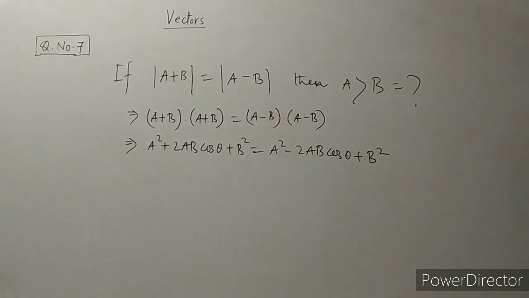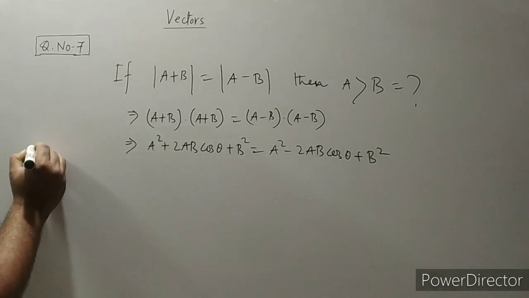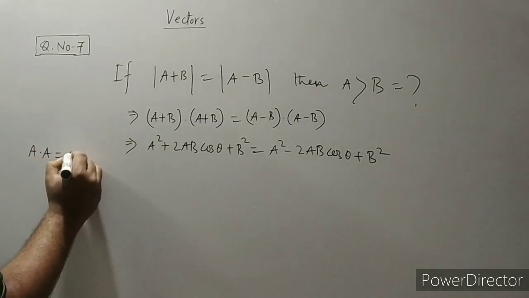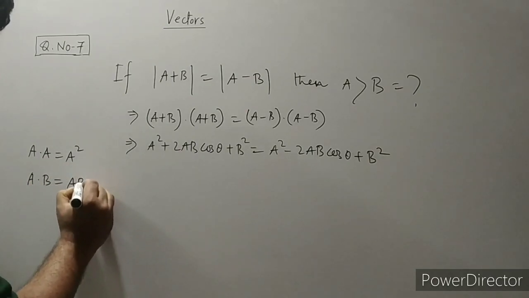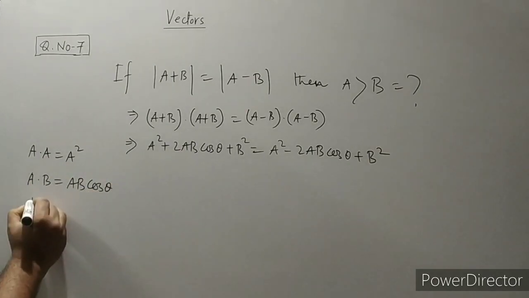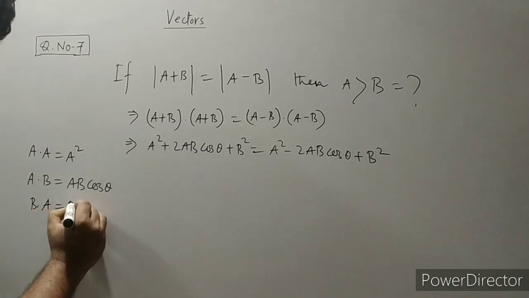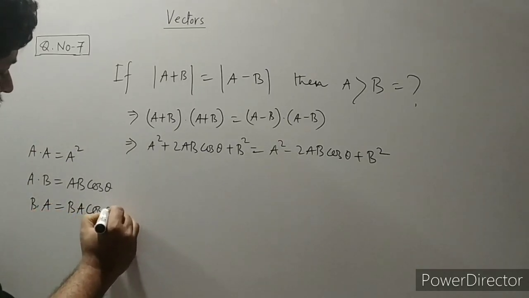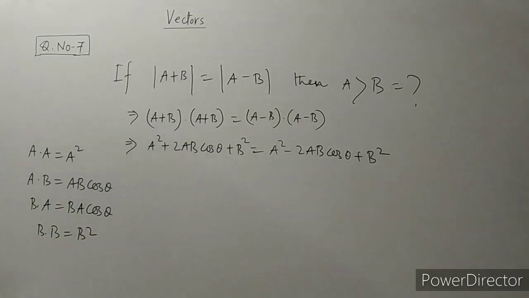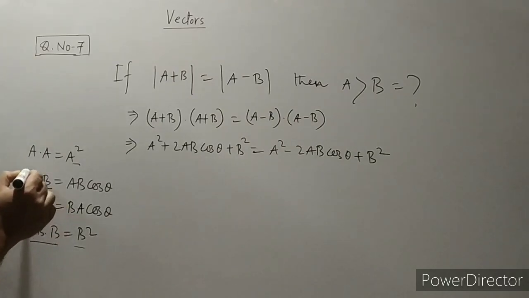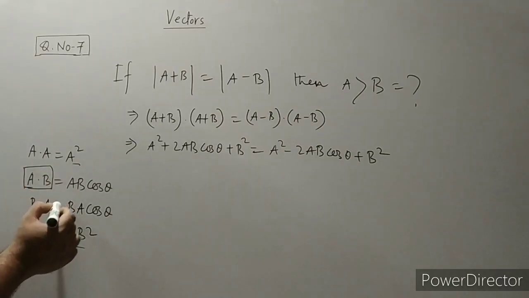Whenever we have two vectors, a dot a we can write a square, but a dot b we have to write ab cos theta. Similarly, b dot a we can write ba cos theta, but b dot b directly we can write b square. Fine. So for similar vectors, directly b square, a square, c square, d square, x square, y square, you can write. But for different vectors, whenever you are taking the dot product,